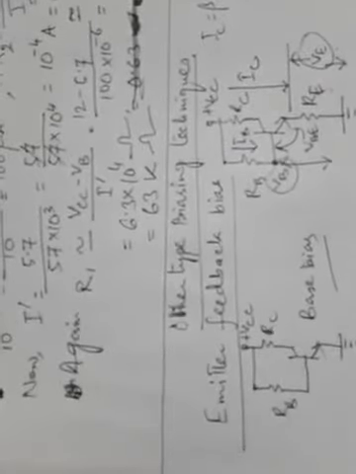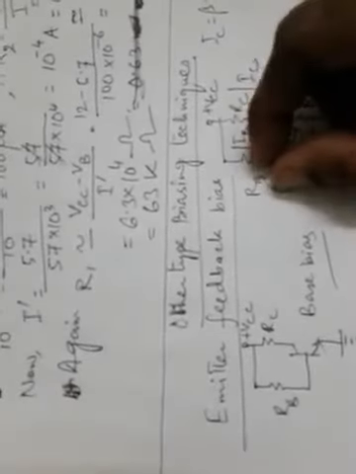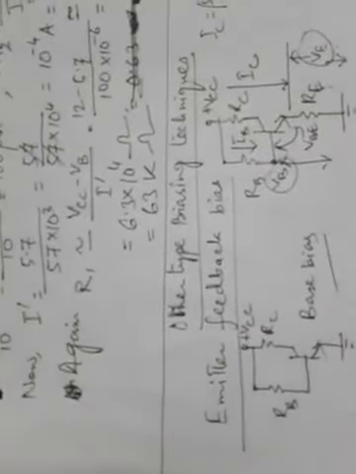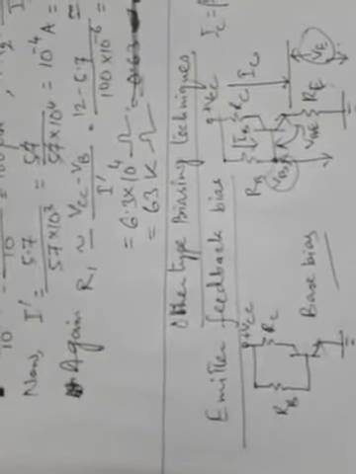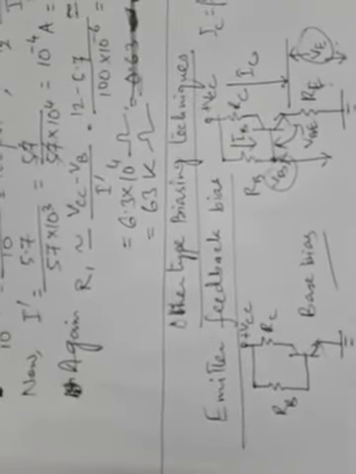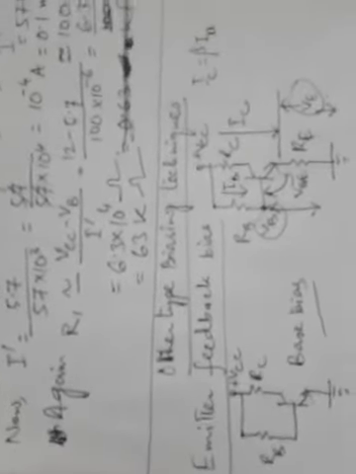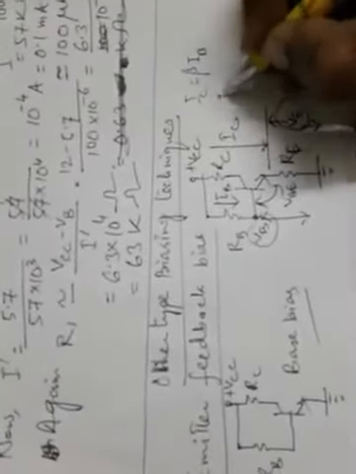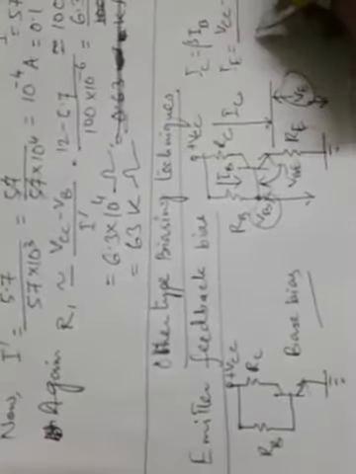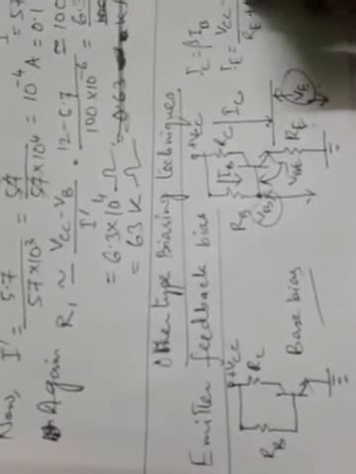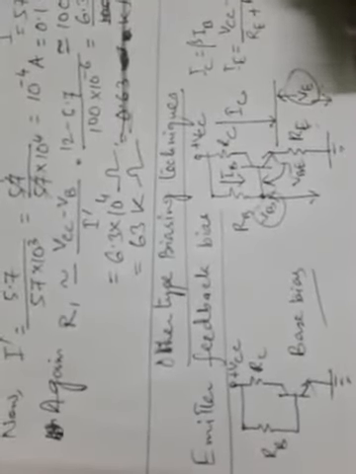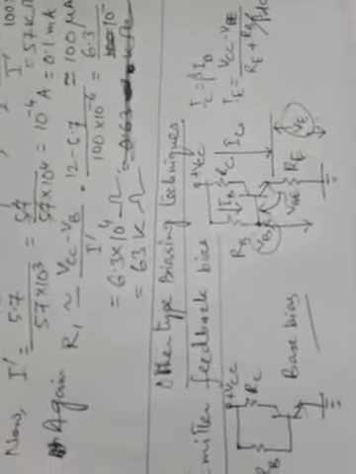And because this emitter voltage is used for the feedback purpose, this type of biasing technique is called emitter feedback bias. The movement of the Q point is still too large for most applications in this biasing technique. Let us see some of the equations to be used for designing this type of biasing circuit. IE is equal to VCC minus VBE divided by RE plus RB by beta DC. The derivations are not important, but these are the working equations for this circuit.